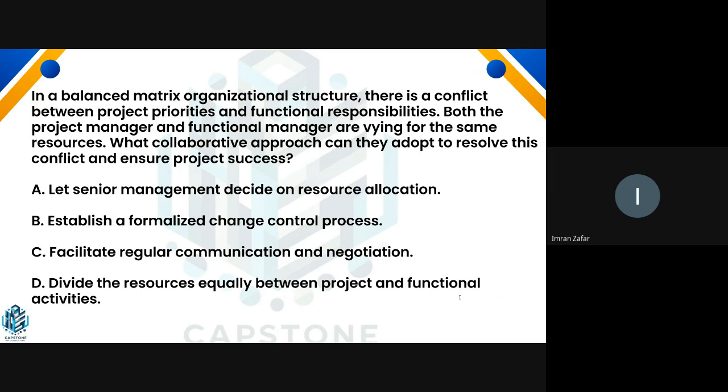So to resolve the conflicts, the first step should be, you as a project manager should try to deal with it on your own before moving to any drastic steps like asking senior management to decide on resource allocation,